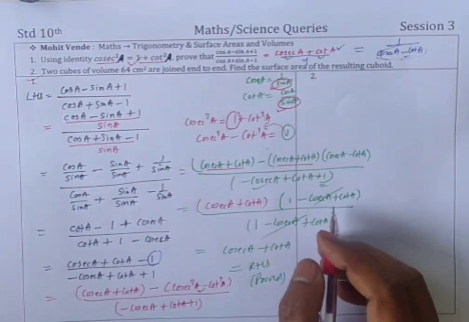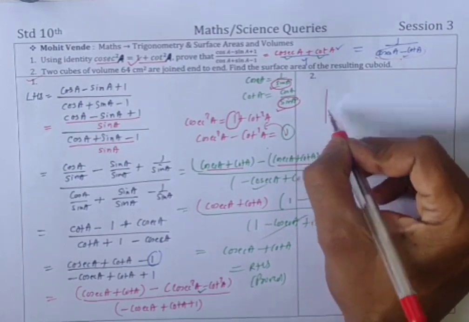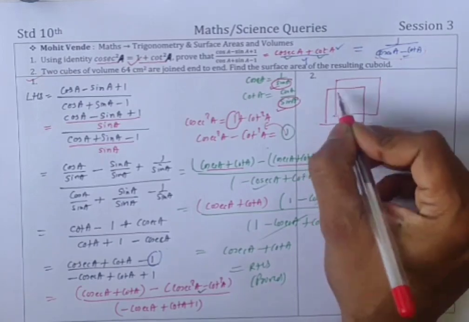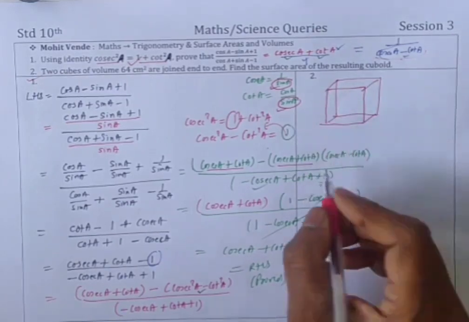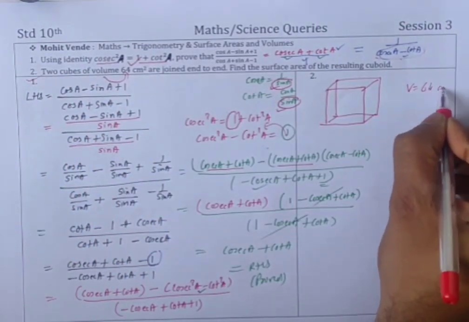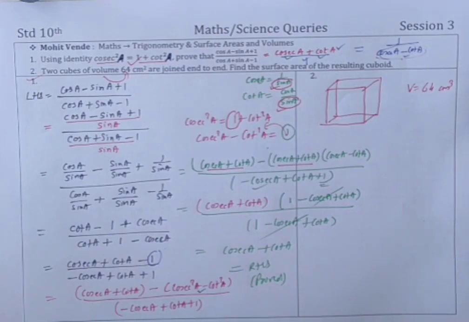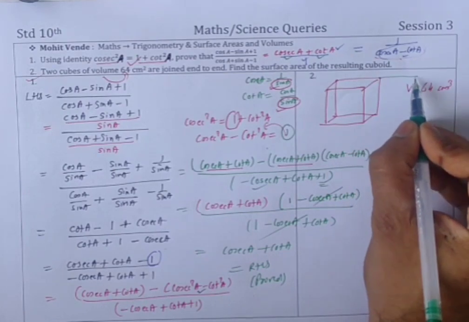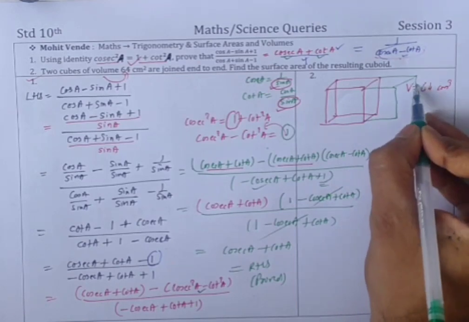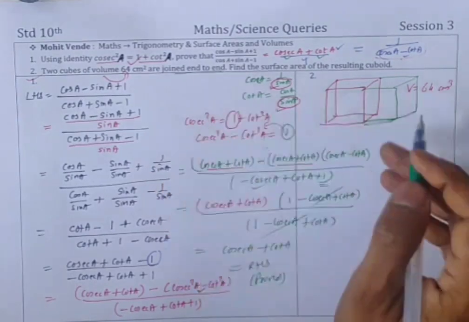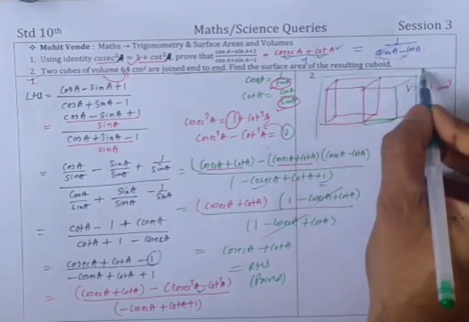Find the surface area of resulting cuboid. Now this is cube. Correct? ये एक क्यूब है, उसका वॉल्यूम दिया है, वॉल्यूम इज 64 क्यूबिक सेंटीमीटर, राइट? ऐसा ही वॉल्यूम वाला दूसरा क्यूब हम डाल रहे हैं चिल्ड्रन। सो ये क्यूबॉइड हो गया, दो क्यूब दे आर जॉइंड एंड टू एंड,